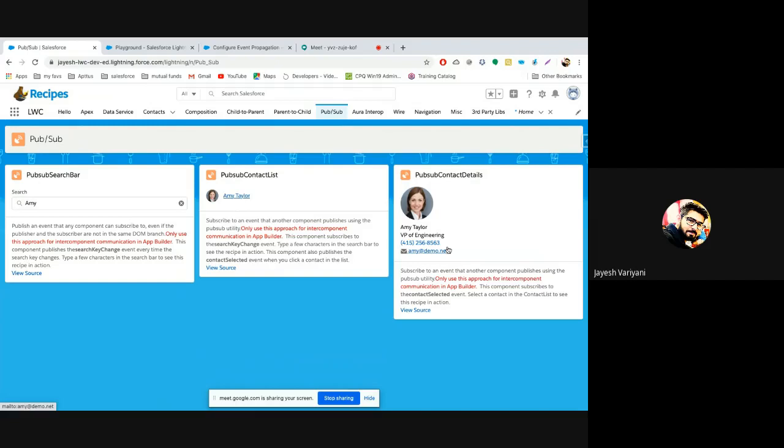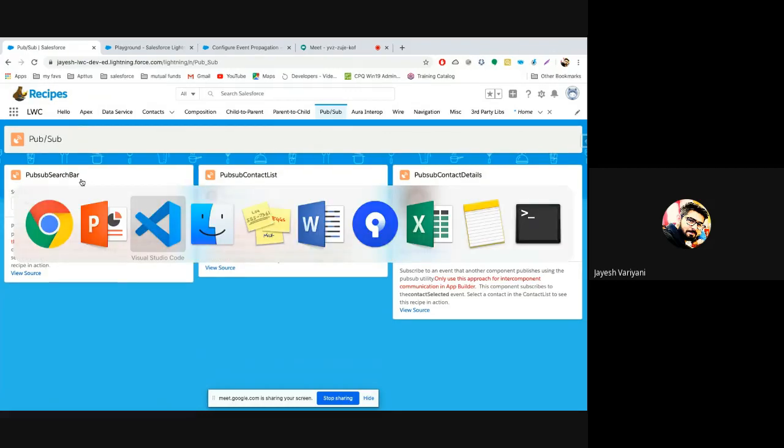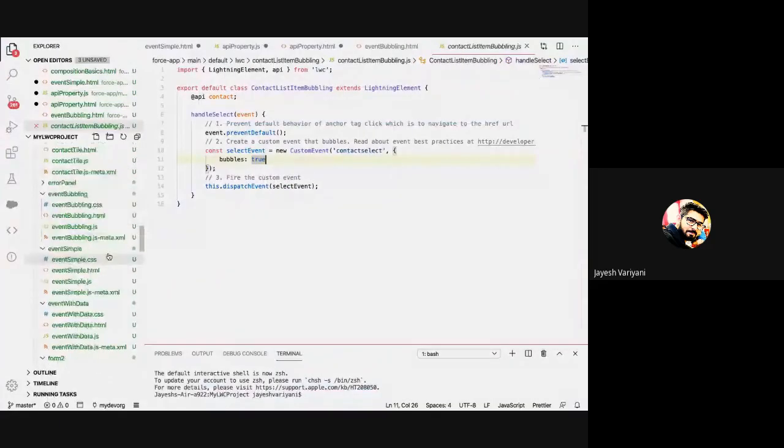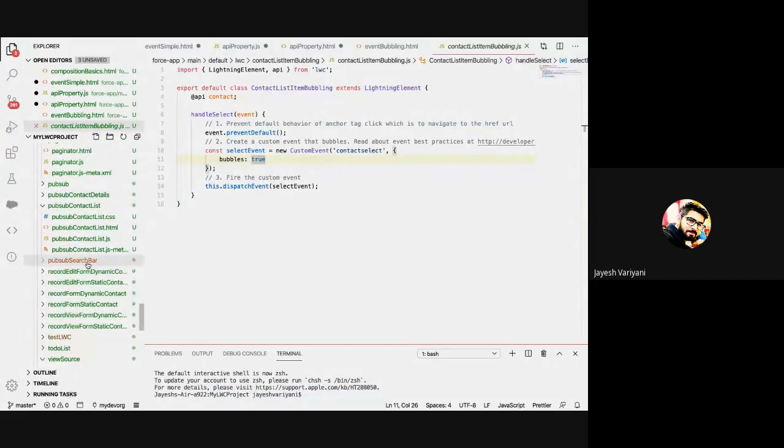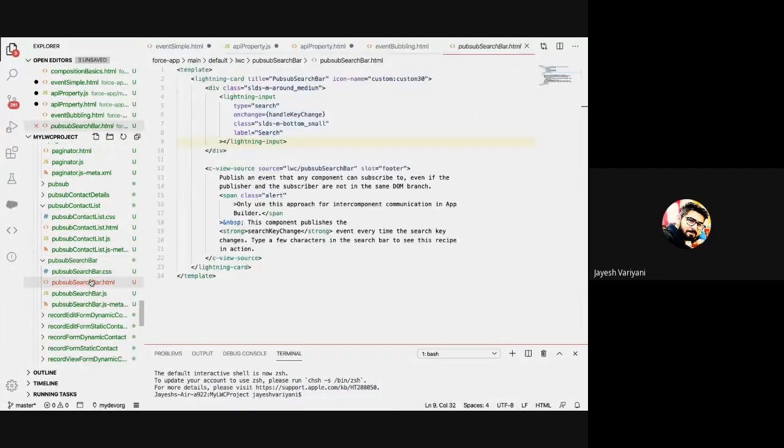Okay, so let's see the code. For this PubSub search bar, go to our PubSub search bar. It has an input of search bar, and on change it will call handleKeyChange whenever I type.